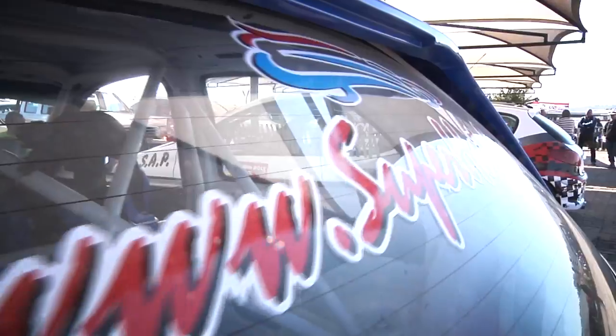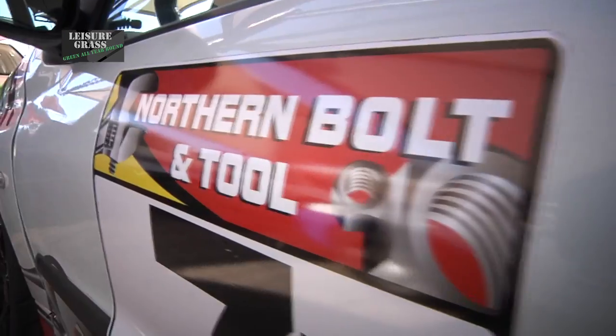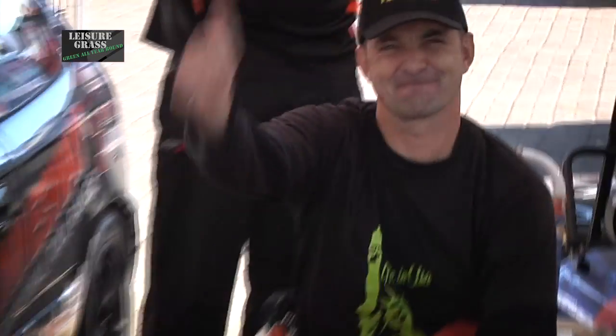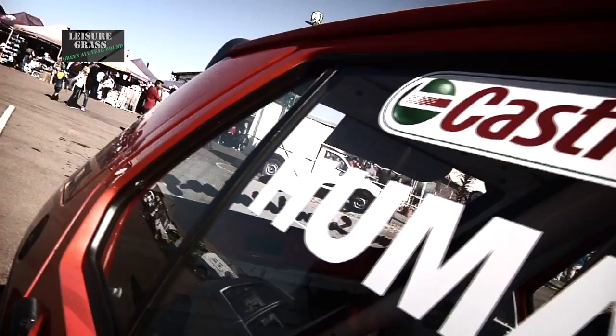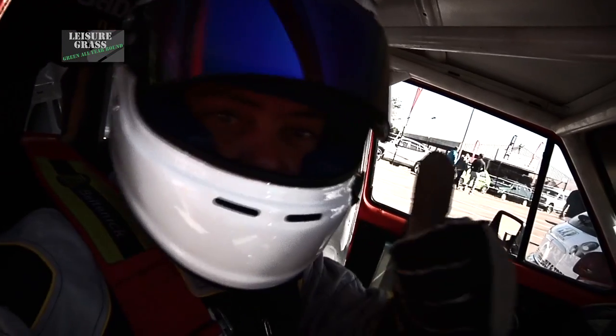But before we go rocking in the beer garden, we head onto the track again for the Leisure Grass SuperHatch. As always in this category, a massive field of over 25 cars coming to do battle at round number 6. And all these guys and girls have still got lots of time in this championship, so it's not done and dusted just yet. Although at the front end, Hilton van Nieuwenhuizen, Vanna Petersen and Brett Garland will fight for honours